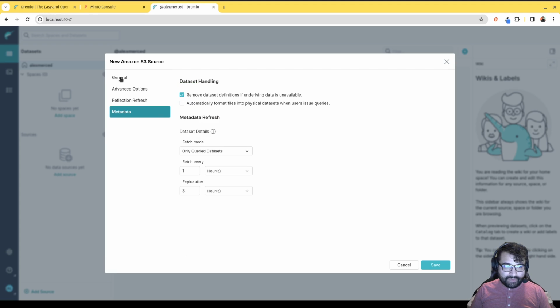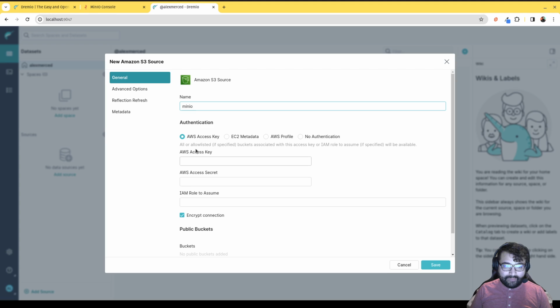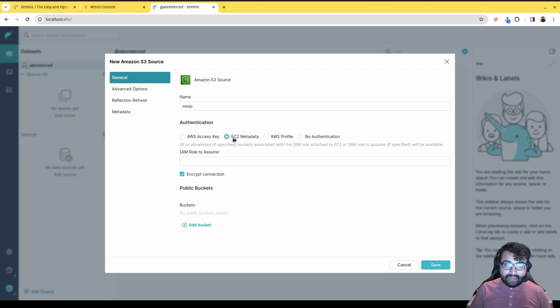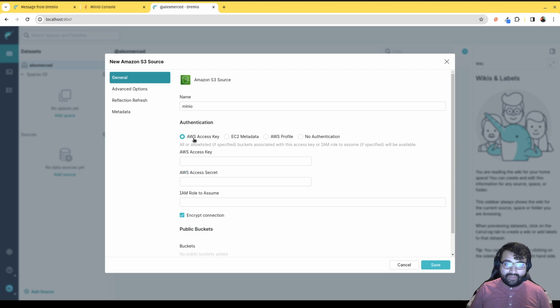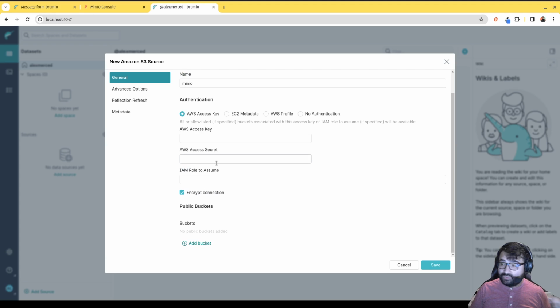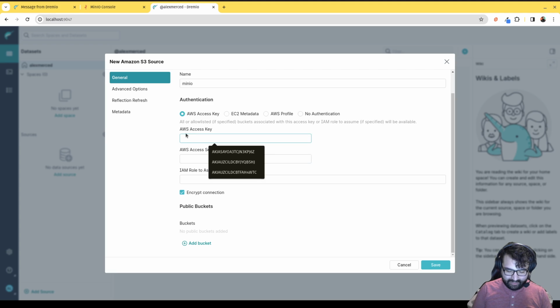And for AWS, usually you would have this access and secret key that are like a big jumble of numbers and letters. Here we can just use our Minio admin username and password. But it's not the only way I can connect to AWS. If you prefer using things like AWS Profile or EC2 metadata, there are other ways to connect to Dremio. But in this case, I'm going to just put in admin